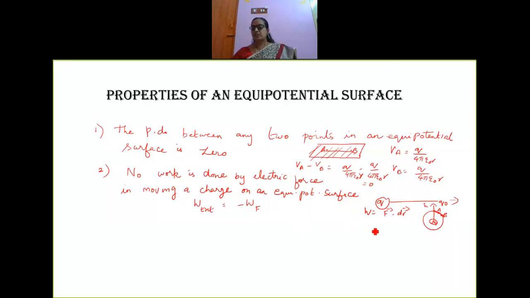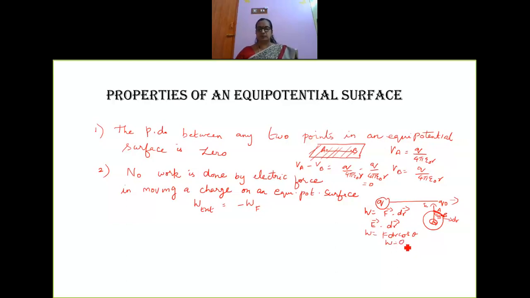Now, the direction of E vector and dr vector. What is the direction? The angle between them is E dot dr, or E dr cos theta. E is along this direction and dr is moving from A to B, this small distance dr. So E vector and dr vector are perpendicular to each other. So when I have work done to be F dr cos theta, theta becomes 90, so work done will